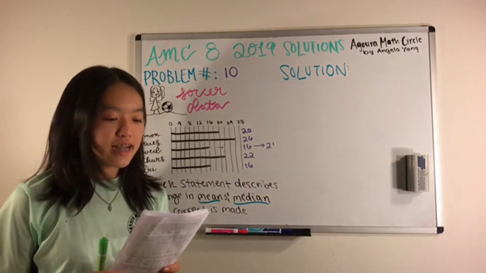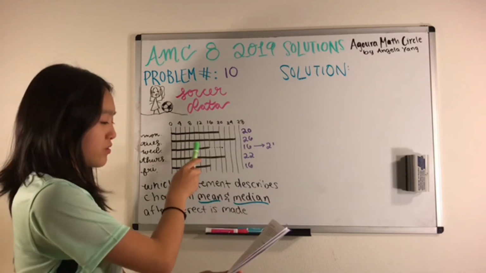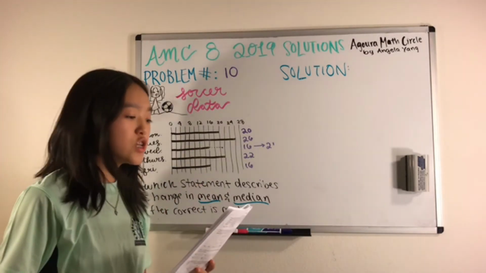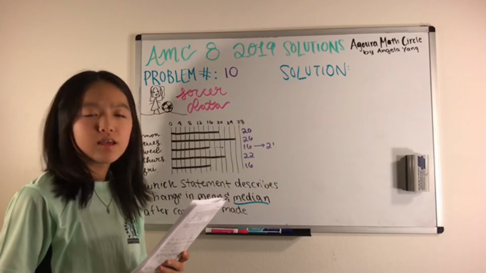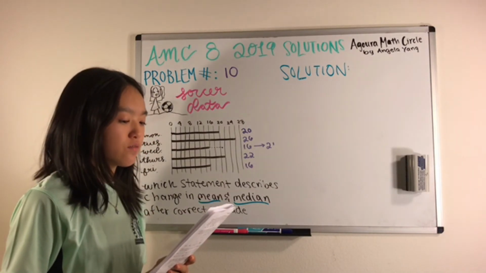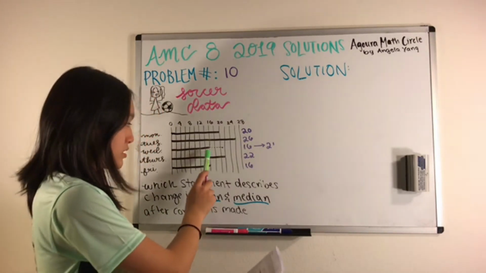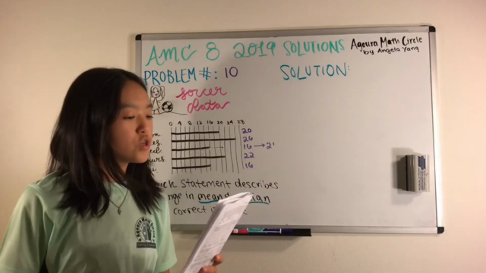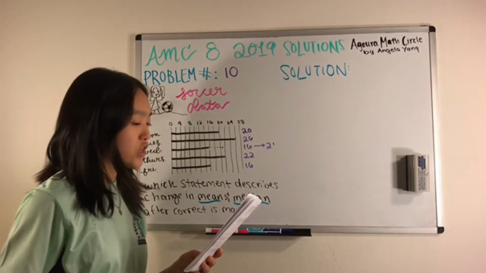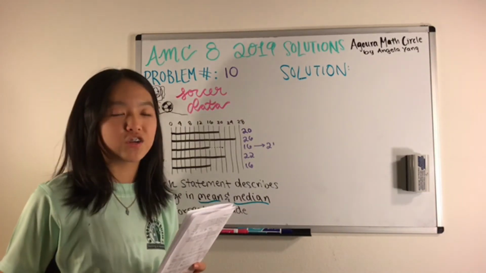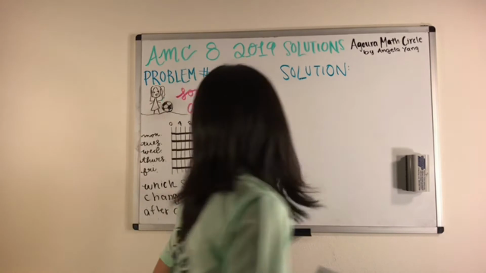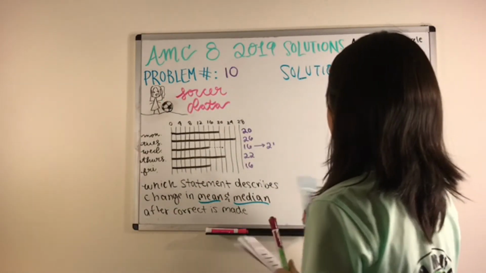Problem number 10 states, the diagram shows the number of students at soccer practice each weekday during last week. After computing the mean and median values, coach discovers that there were actually 21 participants on Wednesday. Which of the following statements describes the change in the mean and median after the correction is made? So we know that the